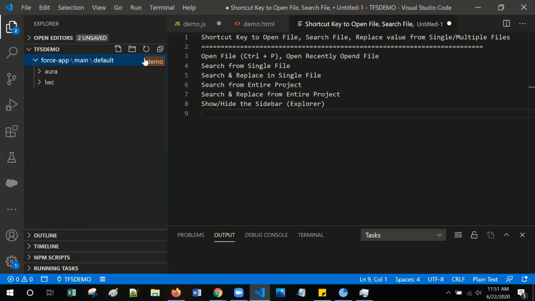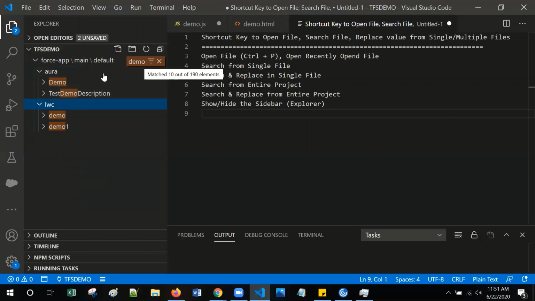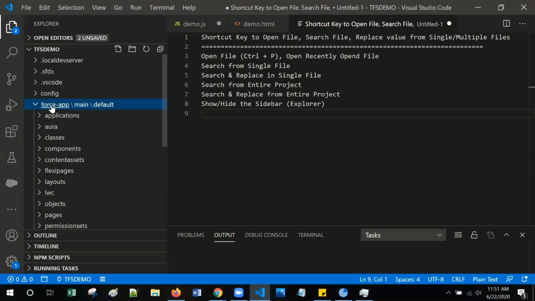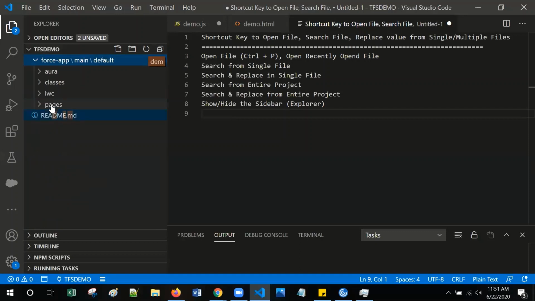The other way is from the sidebar: click that folder and simply type the file name. If you notice, the file name appears and the search result appears. Just expand the folders and whatever you typed gets highlighted, so you can easily open the files. Let me show you again. Collapse all, clear it. From the sidebar, simply type the folder and the file you want to open. If you want to clear this, use the cross icon.